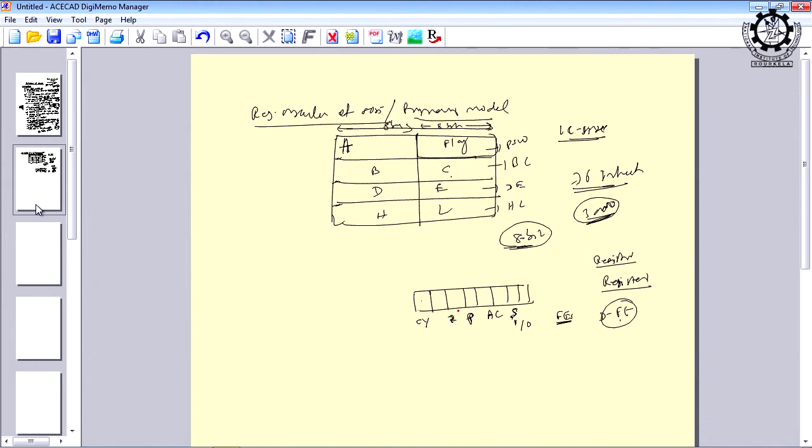Then zero flag, when the result of the operation is 0. For example, you are subtracting 5 minus 5, result is 0, and this flag will be set. So, you may be asking why these flags are there. See, the operations are done internally, we cannot see them with our eyes and we cannot keep track, but by accessing these flags from the microprocessor, we can monitor the activity of the operations. Therefore, these flags are there.